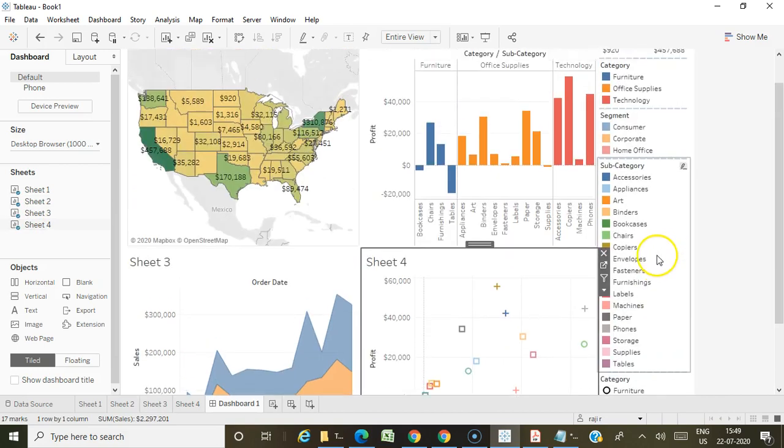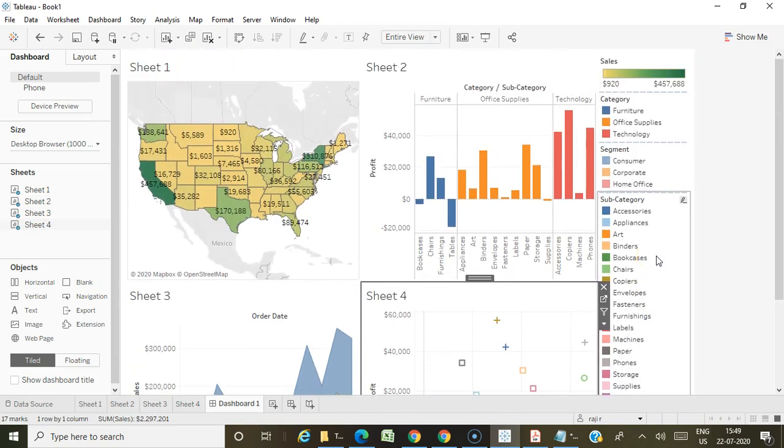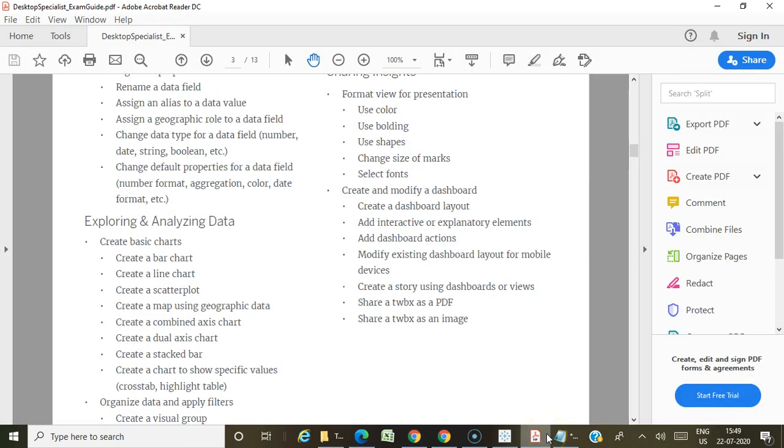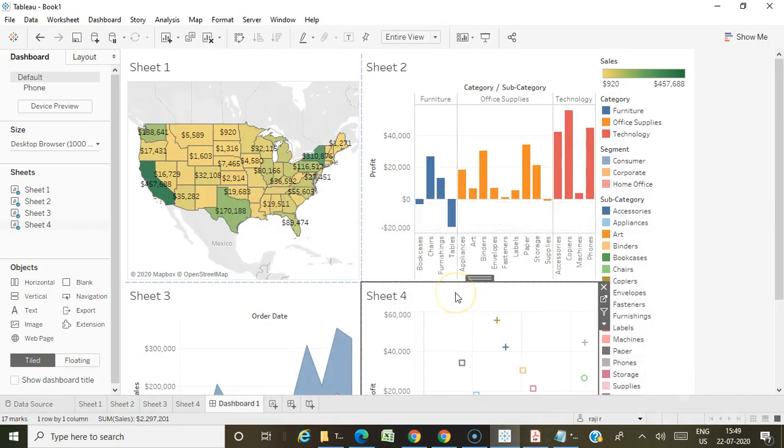Okay. So all these things, like how to create a dashboard and what is a dashboard and stories, I would have explained in detail in my video, you can watch it. Okay. So now I have created a simple dashboard where I have placed these four worksheets. Okay, so first thing, creating a dashboard layout. Okay, so if you see here,